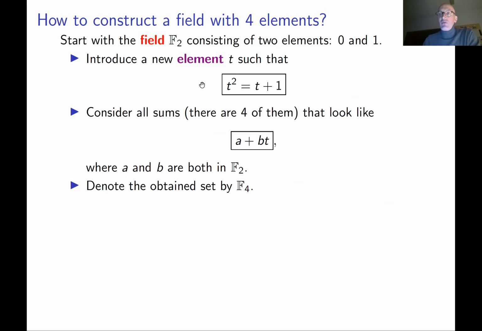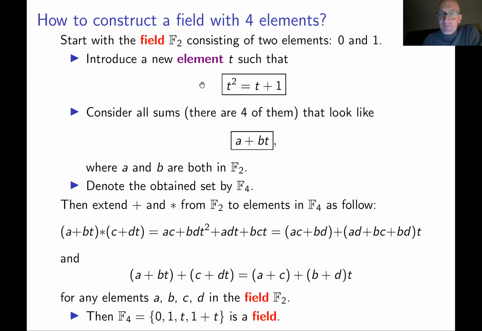And now the only question is how to equip it with addition and multiplication, such that all the properties described a few slides ago are satisfied. But we can do it absolutely like we did for complex numbers. Namely, addition is very natural. I don't even want to explain it. But multiplication is a little bit more complicated, but roughly the same.